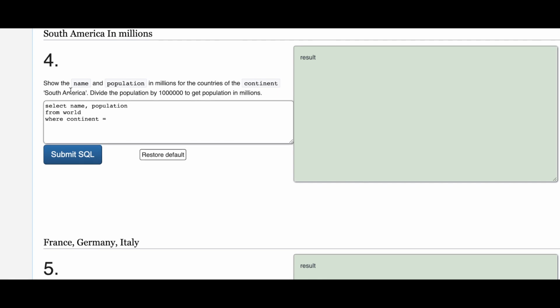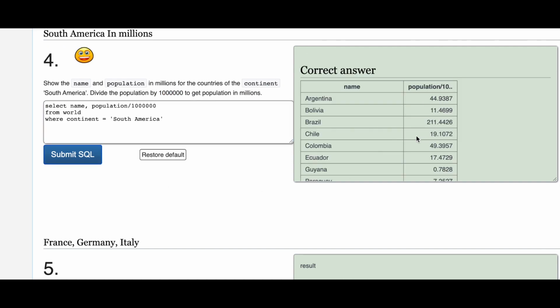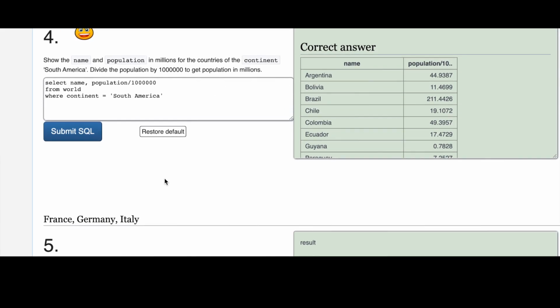So we will just copy this. I'm copying so that there will be fewer mistakes, and divide the population by this. So here we got it, because they want the population in millions, that's why we divided this by this. This will give us the population in millions. Okay,